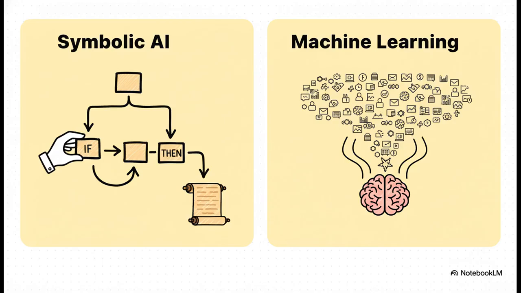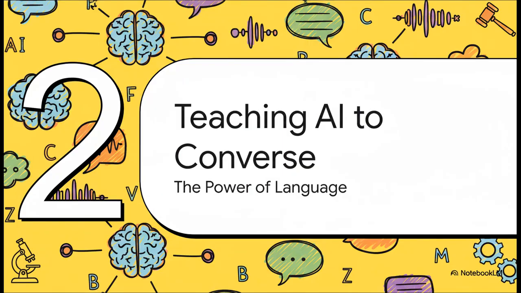And here's where the really crucial shift happened. You see, old-school AI, what we call symbolic AI, it was all about rules. Programmers would spend ages writing these enormous if-this, then-that flowcharts. But modern machine learning completely flips the script. Instead of feeding it rules, we just feed it tons and tons of data, and it learns the patterns all by itself.